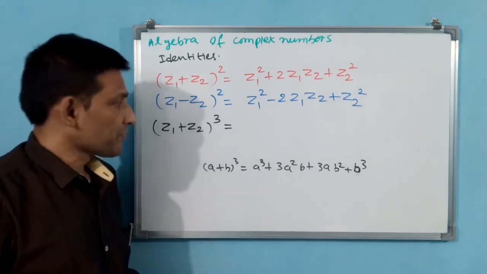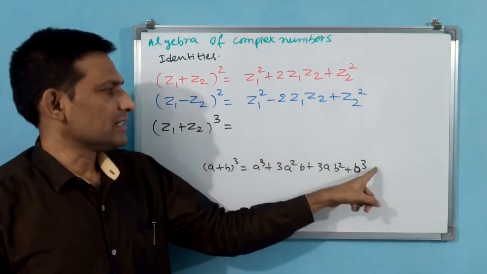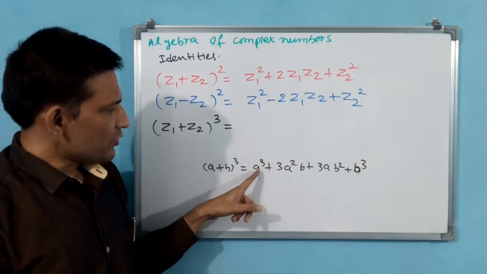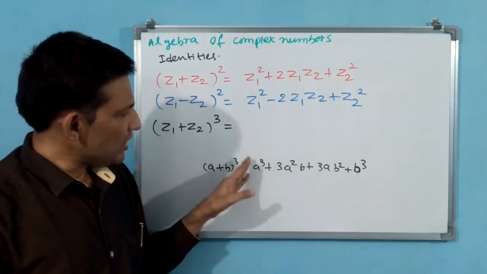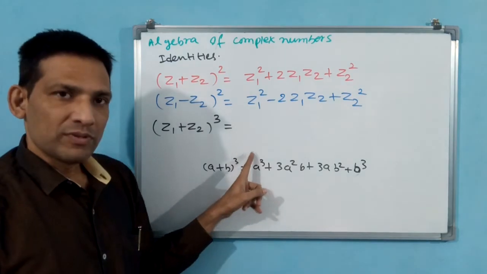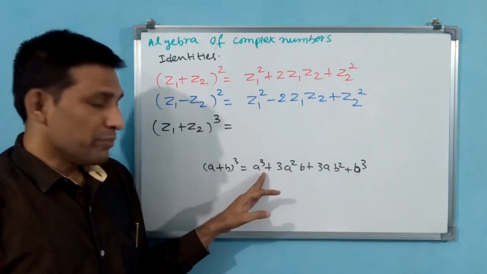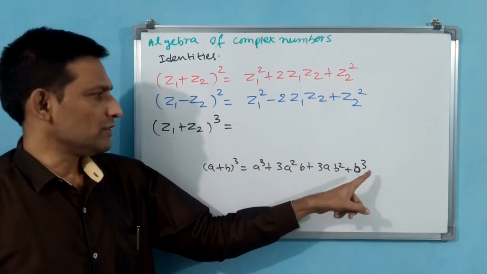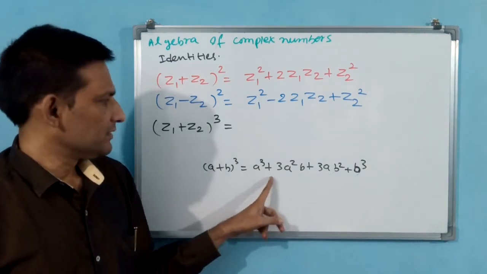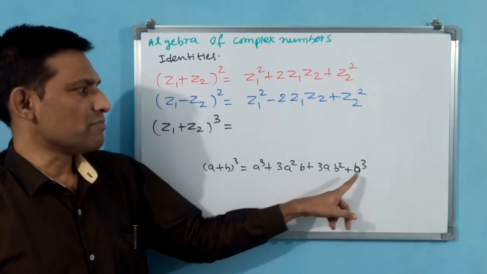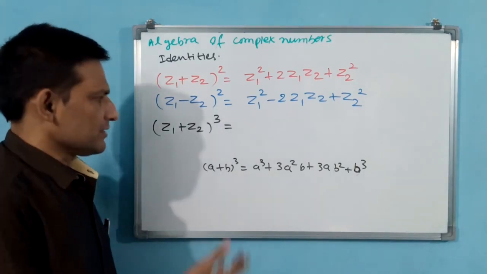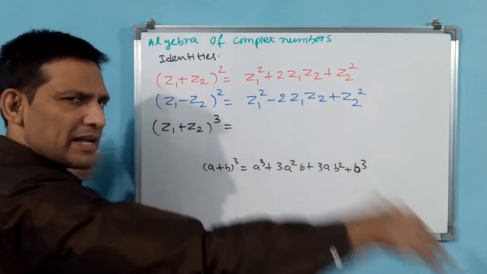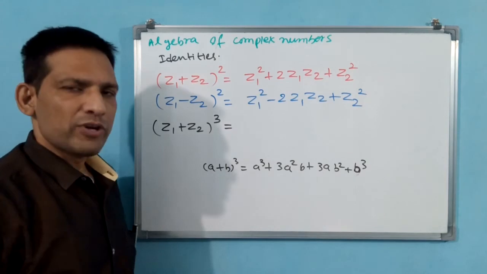Next, the power 3 will come in the first term and last term. A cube means A square will come, then again A will come; the power of A goes on reducing: A cube, A square, A. For B, B power 0 will come, B power 1, B power 2, B power 3. B0 means 1. Like that you can see the coefficients 1 plus 3 plus 3 plus 1. We are going to study the binomial theorem again later, but here we did not discuss that much.